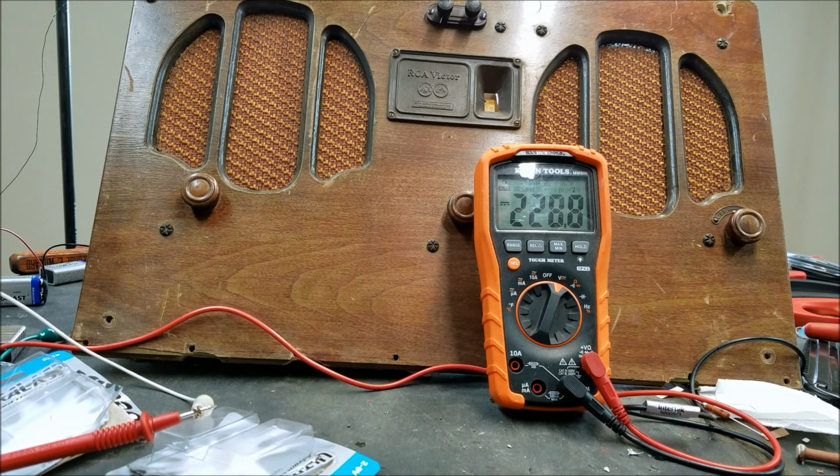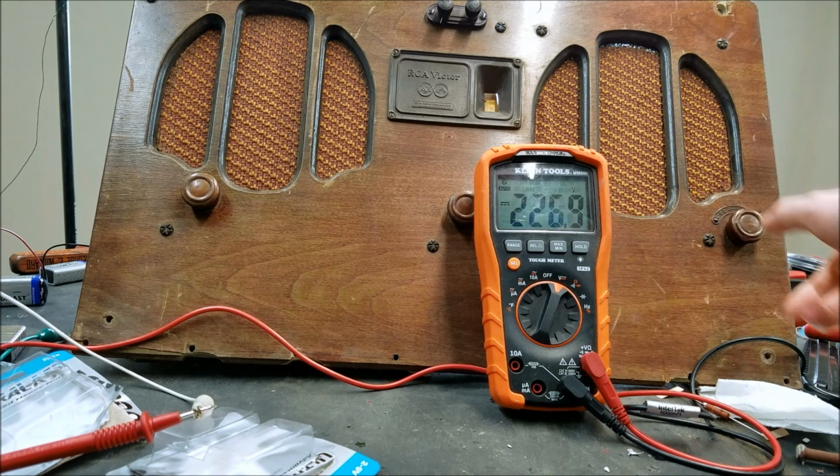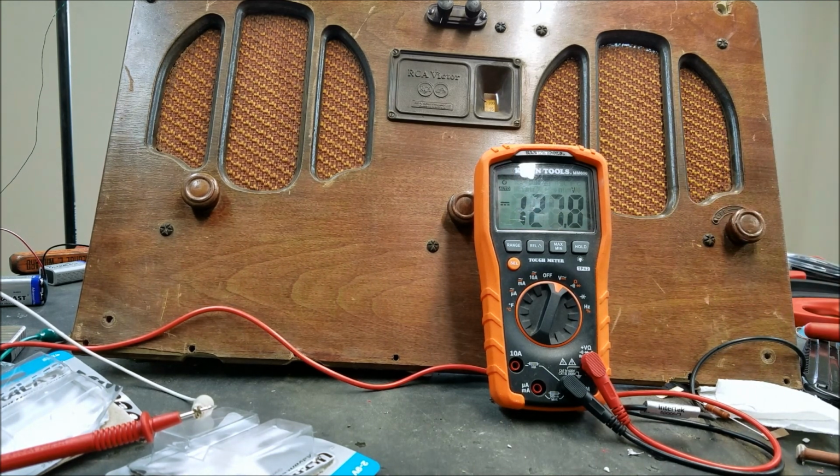batteries, so you can see now we're at 228 volts, but if I turn this on, see it drops down to 123,